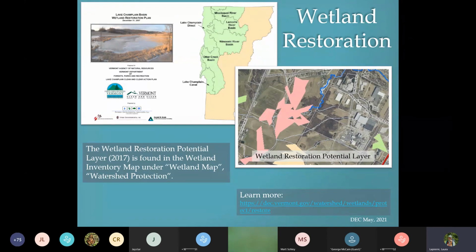You may want to look at this for an alternative when you're working on retrofit projects. Maybe there's potential for a larger wetland restoration project. Funding for that type of work and other resources for wetland restoration can be found on the link below here.